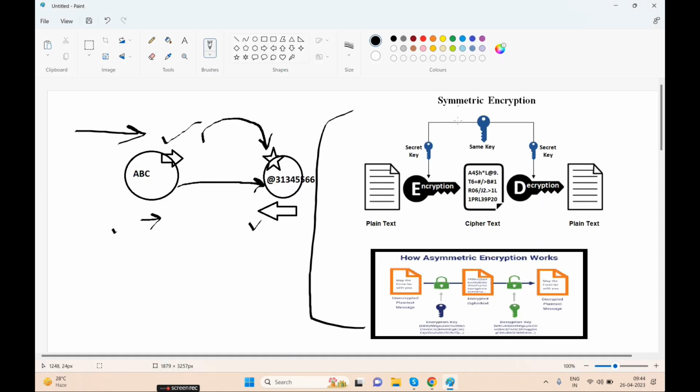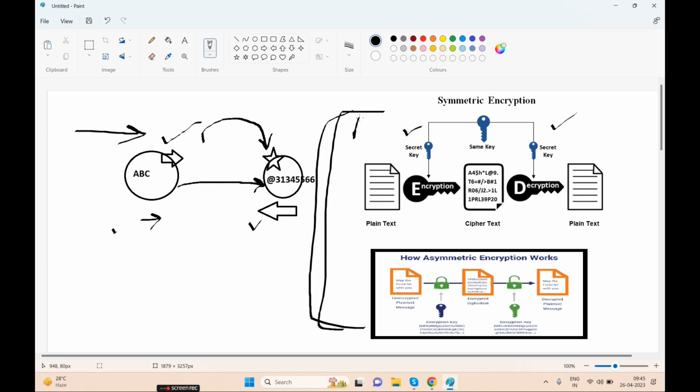The automatic key rotation is like this. For example, we have applied either the symmetric or the asymmetric key management system. Today I have generated one key, and with this key I have encrypted my data, and the same has been used for decrypt. But I want more security here. I don't want anyone to hack the key and use it.